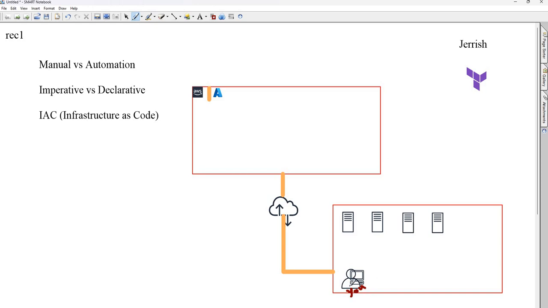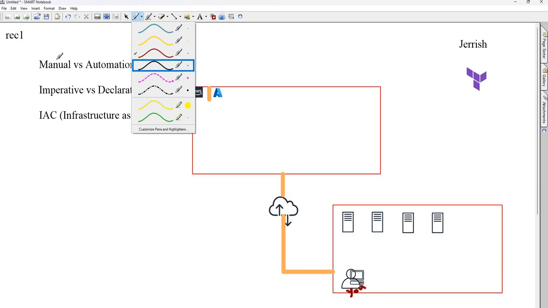Now let's assume you are a cloud administrator. You are connecting to AWS cloud or Azure cloud or any cloud, and you do configuration there. Sometimes you connect to the management console and create resources like creating a virtual machine, or sometimes you create network, storage, etc. This is also considered as manual way of doing tasks.